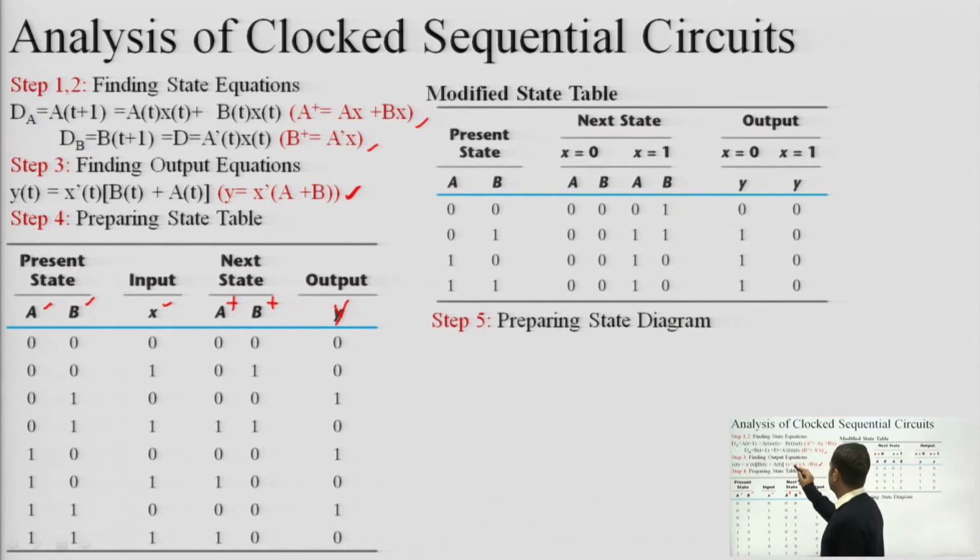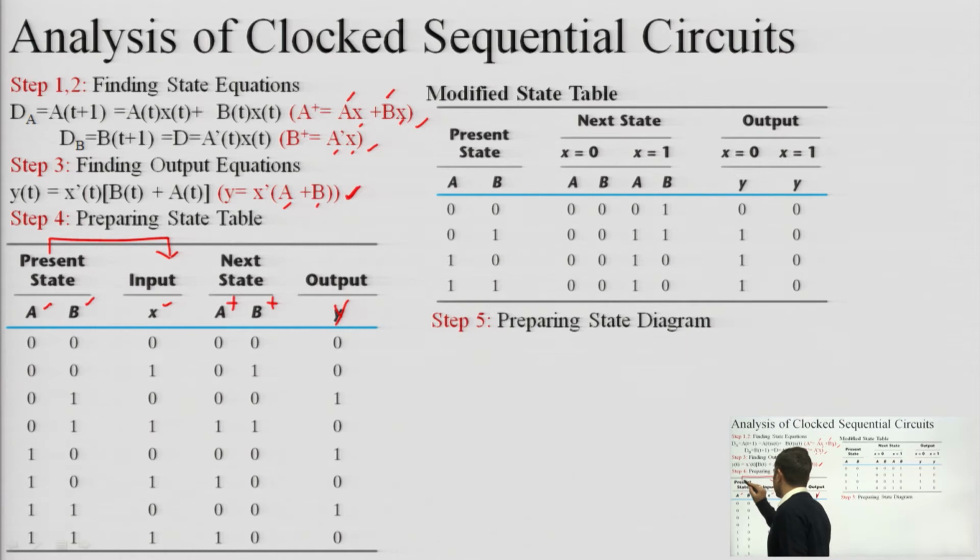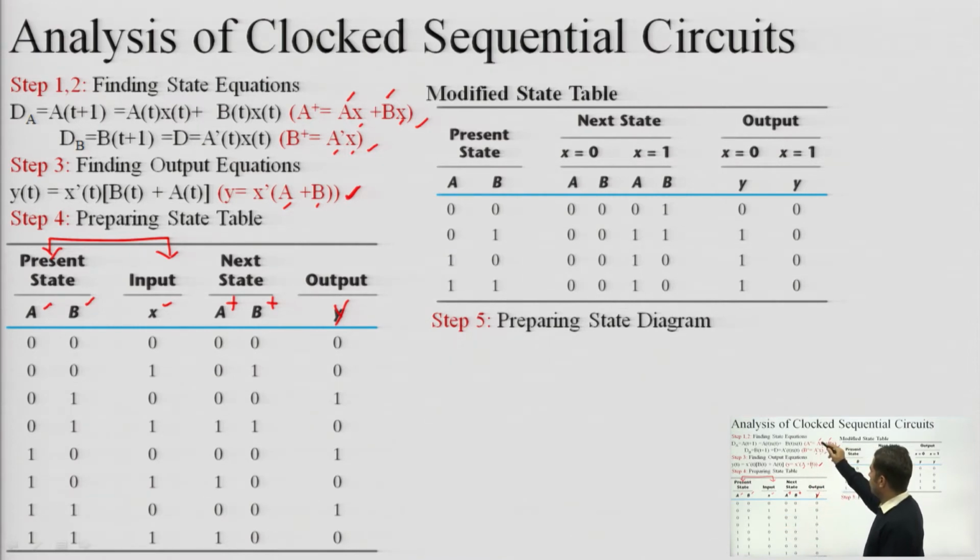We can see that all these things are dependent on A, B, X: X, A bar X, A, B, X. So these are the 3 things which are controlling the behavior of the circuit: the present state and the input. So you can put these values 000 in this one. You can see that for A plus, A is 0, B is 0, that means this thing is 0, and for B, A bar X, X is 0, so that's why it is also 0. Then A plus B becomes 0, 0 into something will be 0. So in this way one row is prepared.